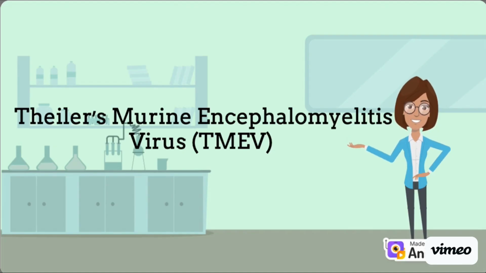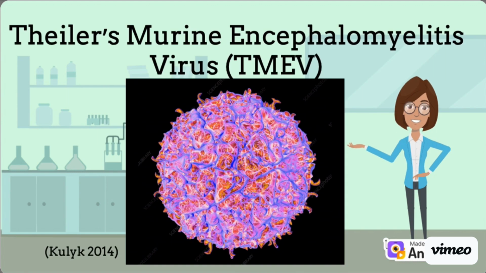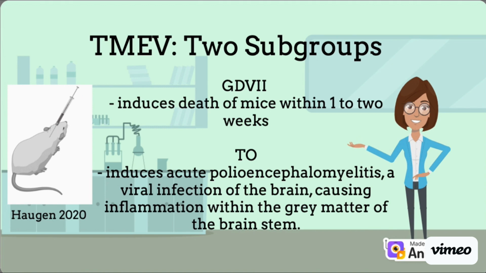Demyelination can be induced in mice by viral infections of the CNS. Amongst the studied viruses is Theiler's murine encephalomyelitis virus. TMEV is classified as a non-enveloped, positive-sense, single-stranded RNA virus and stands out as a neurotropic viral infection model relevant to multiple sclerosis. TMEV is divided into two subgroups, GDVII and TO, with distinct neurovirulent characteristics. The GDVII subgroup is characterized as inducing death of mice within 1 to 2 weeks, whereas the TO subgroup induces